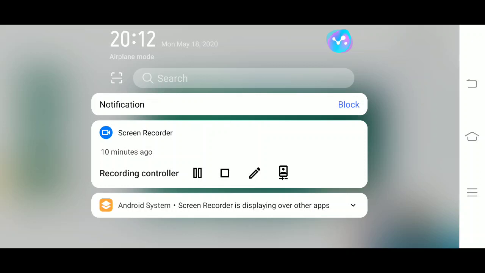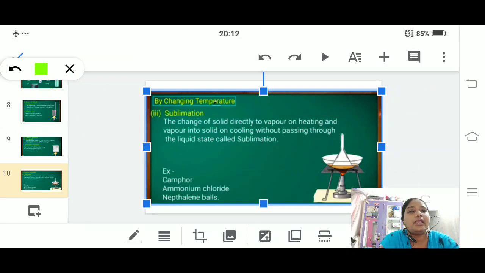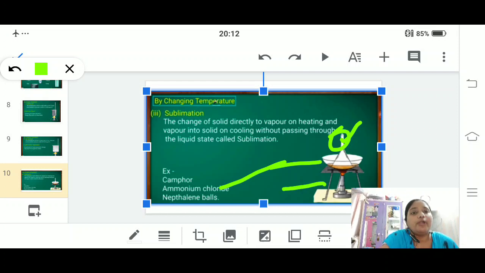Here, what you have to do first is take an inverted funnel and keep a cotton plug in it so that the gas may not pass out. In the china dish, take ammonium chloride and start heating it. What happens?